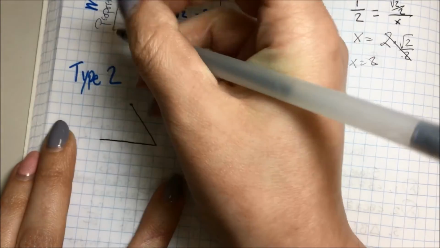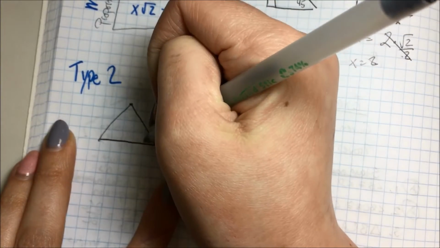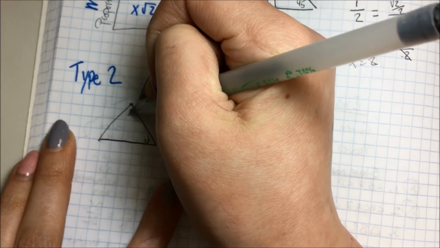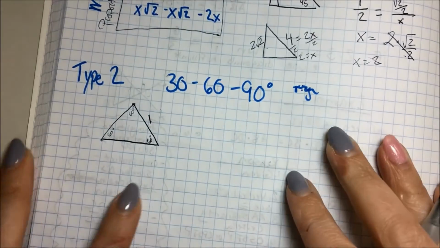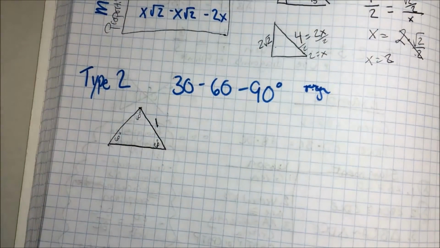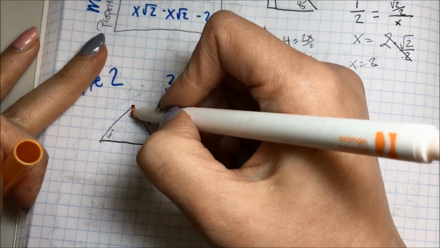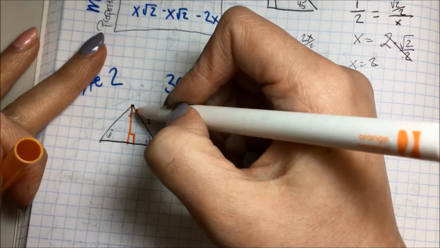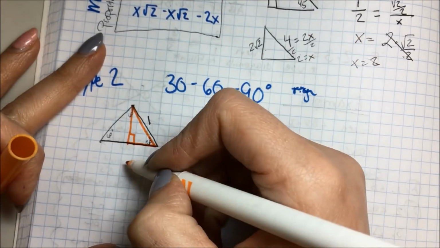I'm doing my best to make an equilateral triangle here, of all 60 degrees and a side length of 1, because remember the side lengths of 1 are important. I can make a right triangle out of this, and I do it by dropping an altitude and making a right angle. So if I pull this right triangle out,